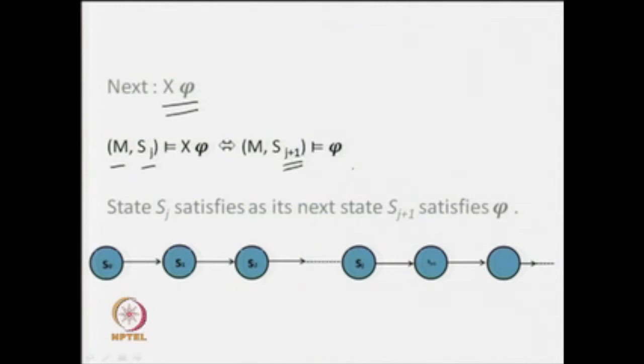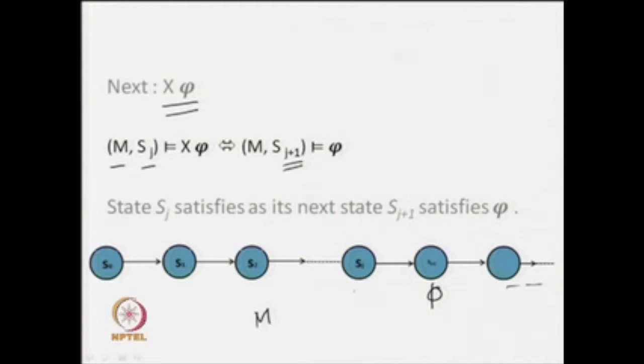So, if I look into this particular model, it goes from, say, state S_0, S_1, S_2 like that, S_j+1 and further. What will happen if I label this particular S_j+1 with phi? It means that phi holds in this particular state S_j+1 of this model M. So, by the meaning of these things, we are going to say where the formula next phi holds,